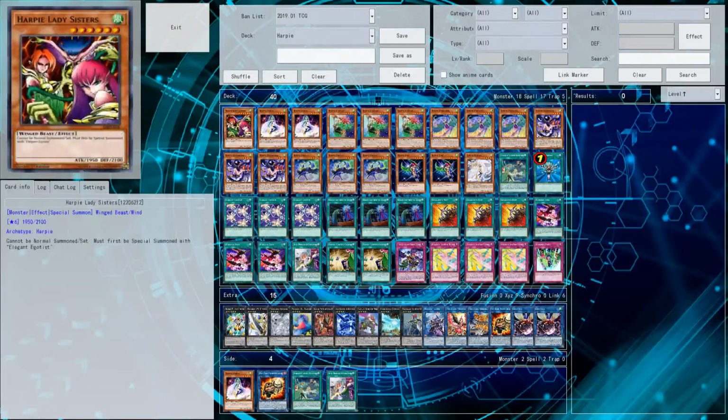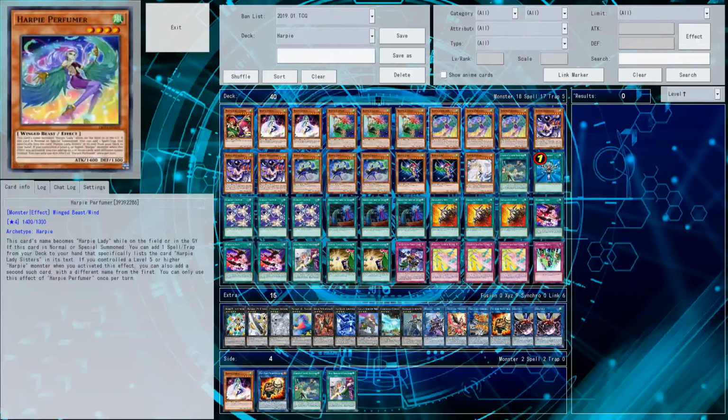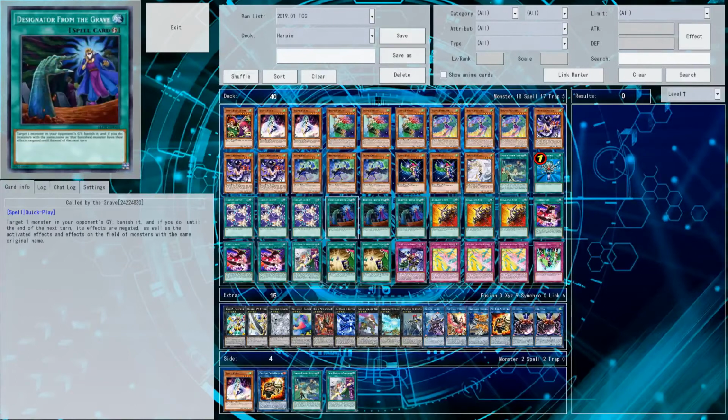Elegant Egotist, basically getting your Harpie Lady Sisters out as quick as possible if you can, for example, using Perfumer's effect. Other than that, a very good way to go into Rank 4s, for example. I run Triple Called by the Grave. Wow, just reading off the card effects there. And basically, your whole deck is every card you can Ash Blossom,